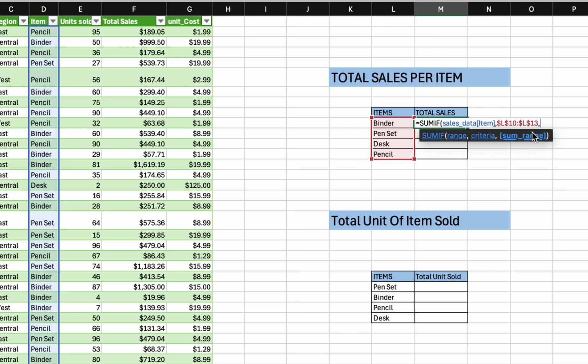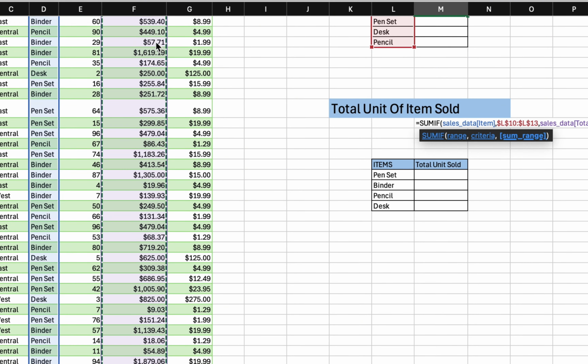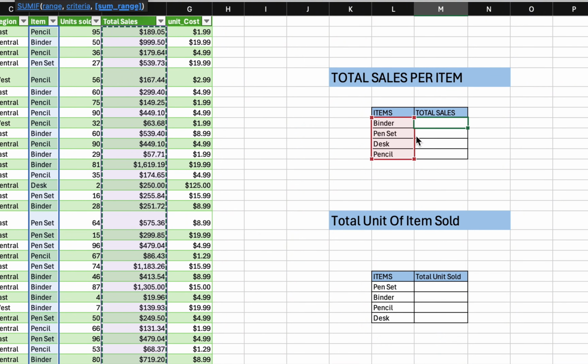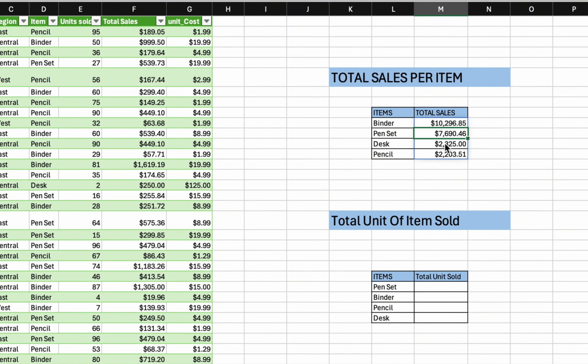So now what we want is the sum range, the range that we want to sum, which is our total sales. Where is our total sales located? It's located right here in our sales data from our total sales. So we are going to be highlighting that as well, and we are going to close the bracket and press enter. So this is going to give us the total sales of each item